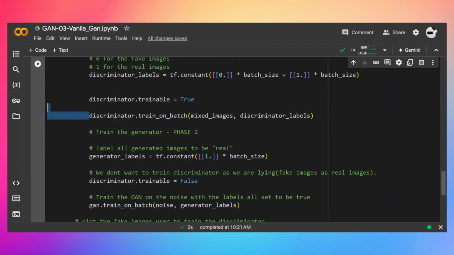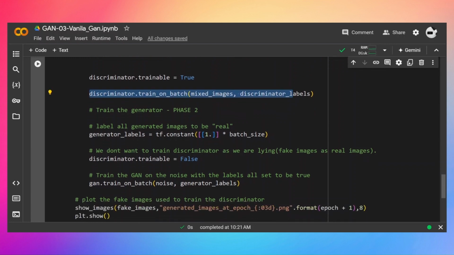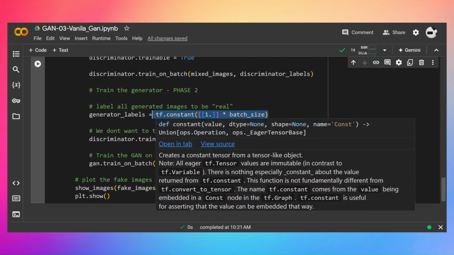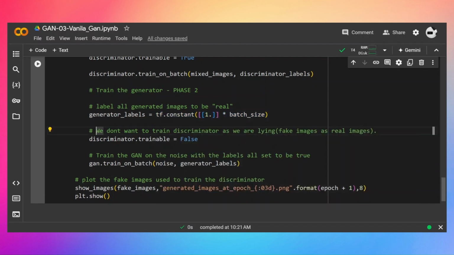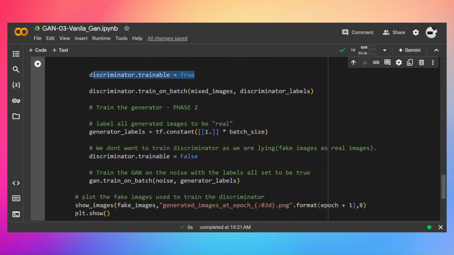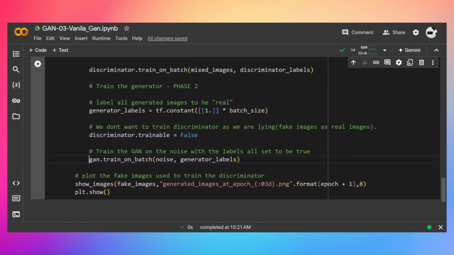Once I train my discriminator, then in phase 2 I'm going to generate fake labels for my fake images. So images are fake and the labels for them are fake as well. Then I'm going to put this discriminator.trainable to false. It's really important. Here we have enabled it, and now we are again disabling it because we are now training the generator only. And then I'm going to say GAN.train_on_batch and pass my noise and the generator